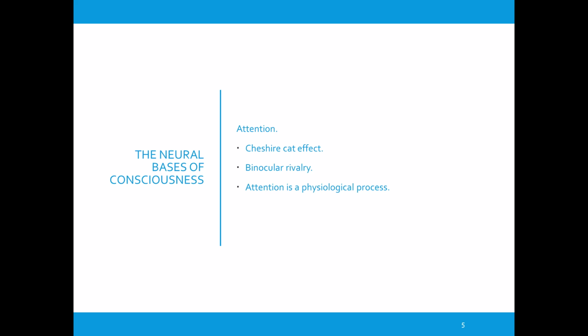Attention is also very important because it's easy to remember information we attend to, but it's much harder to recall things that we did not attend or did not pay attention to. Attention is not just a concept. It is a physiological process, and changes in attention are accompanied by changes of neural activity. When an observer attends to an object, firing synchronizes between brain areas involved.